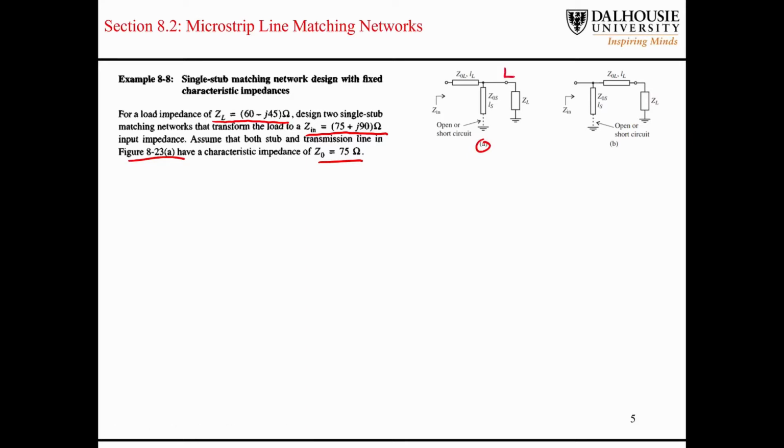We are being asked to transform the load impedance seen looking into the load to an input impedance of 70 plus j90. So the addition of this stub network is going to transform our load impedance to some intermediate impedance. Let's just call it Z1. In order to solve this problem, we're actually going to have to figure out what that intermediate impedance is, because there will be a reflection